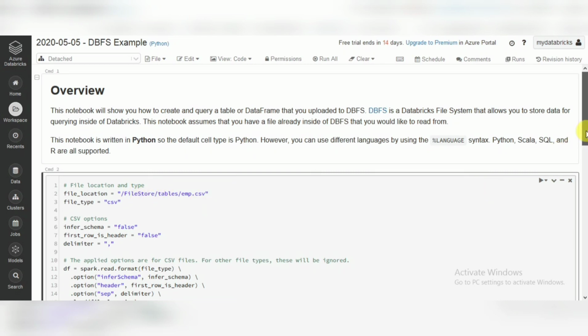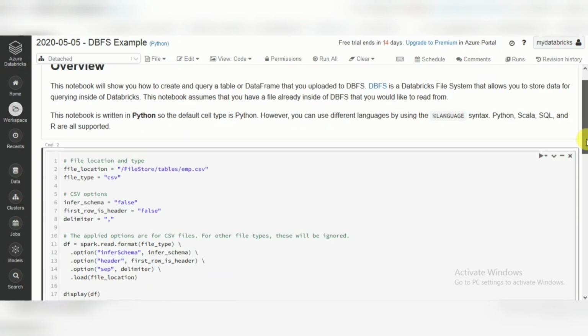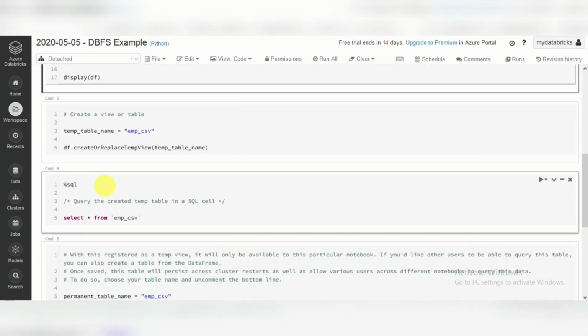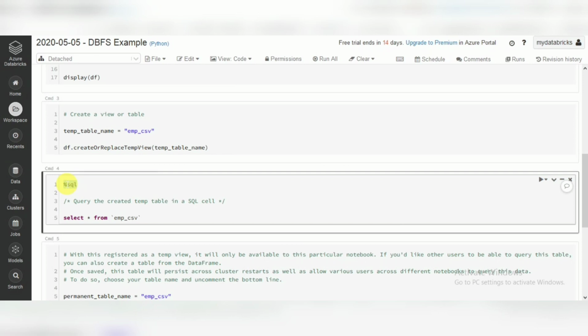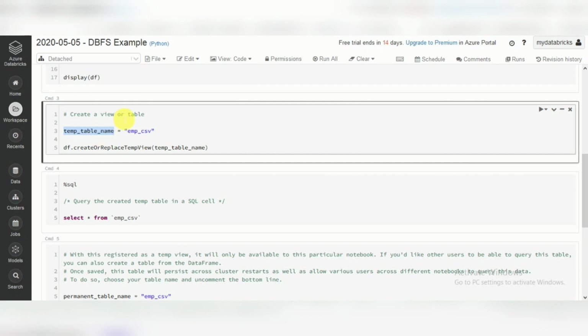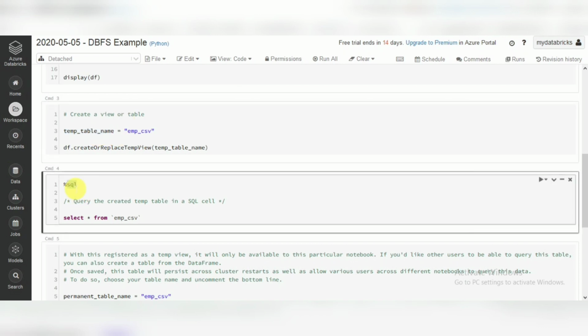If you want to execute anything other than Python, such as Scala, R or SQL, for SQL we will use %sql. It will consider these commands as SQL related. Other than this, the default is Python, and if you want to run Scala, you have to change it to Scala like this. Okay, just leave it because we have not attached any cluster. Here you can see detached, so we have not created any cluster as of now.